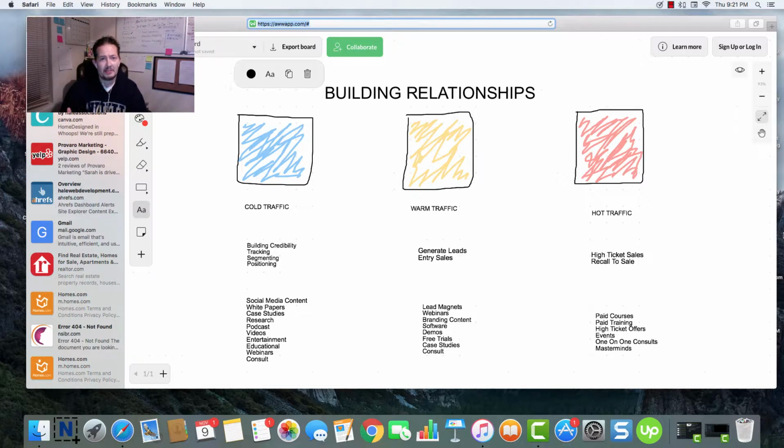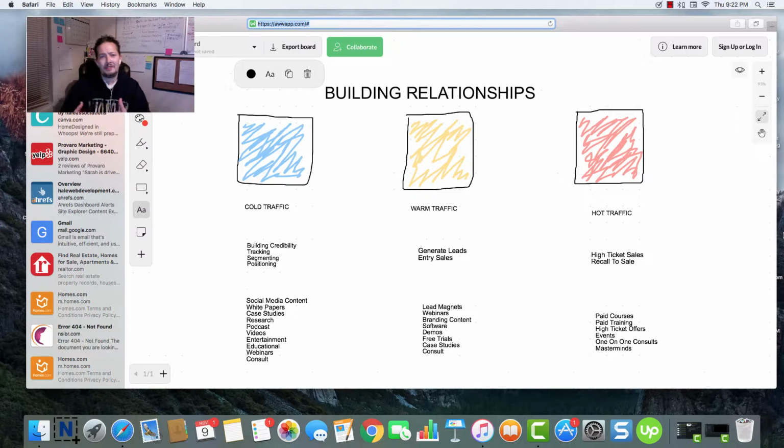And this could be a lot of different things too. Could be paid courses, could be paid training, could be some high ticket offers in there. It could be events, it could be one-on-one consult, it could be masterminds and different things like that. So by this point, it's trying to get them to buy our core offer.